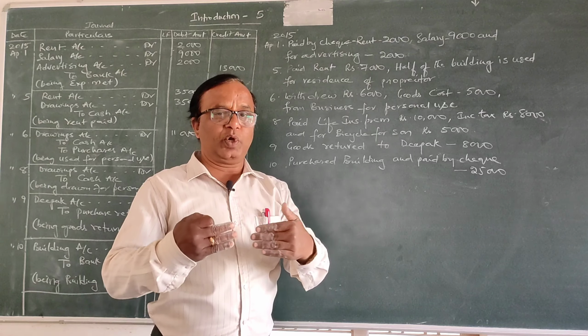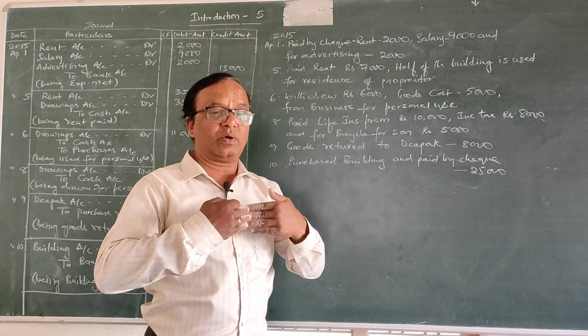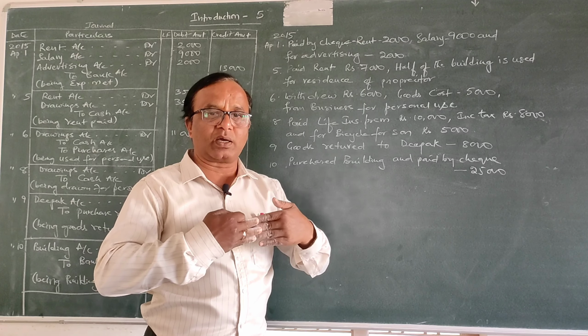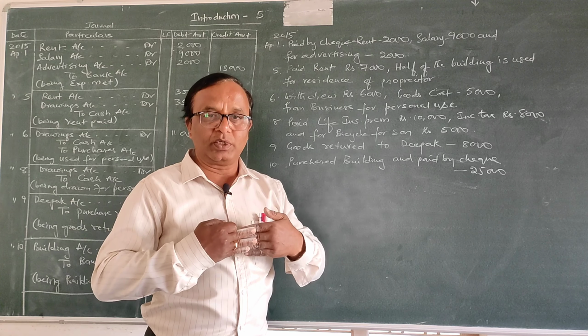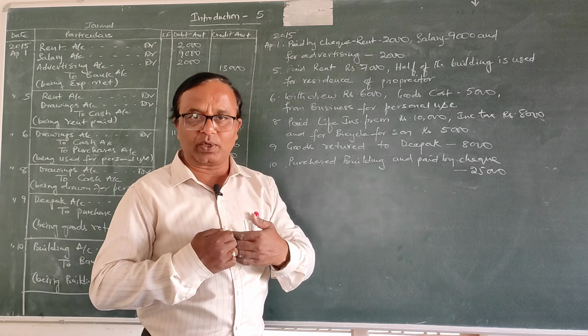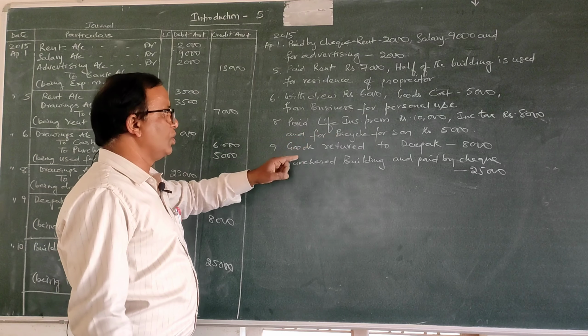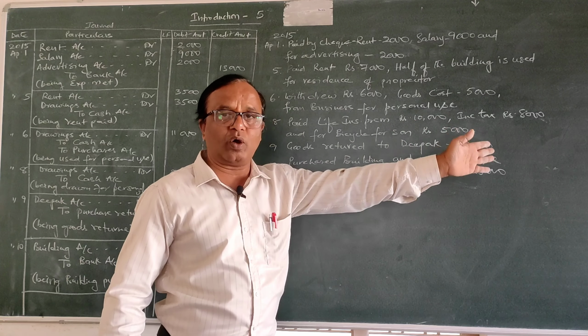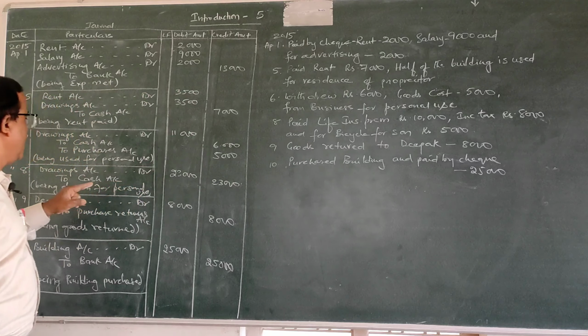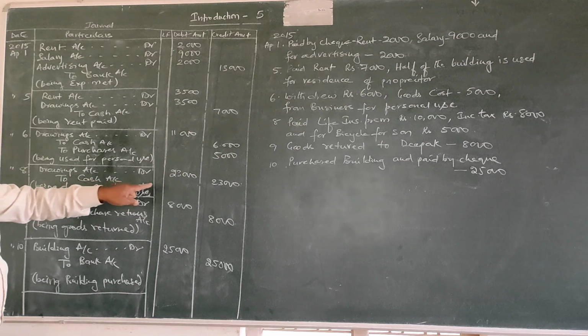In other words, from the business point of view, the proprietor has drawn money from the business, not from the bank, and he has used it for personal purposes. So the account affected will be the drawings account, and the cash equal to the sum of these three is gone out of the business. So your entry will be drawings account debit to cash. You can add all the three.